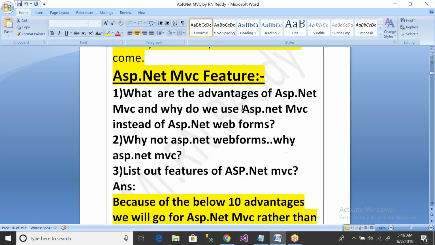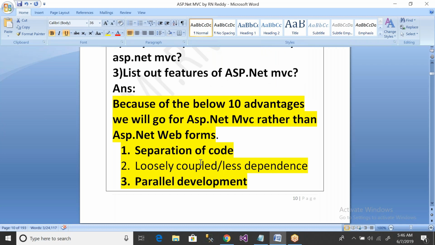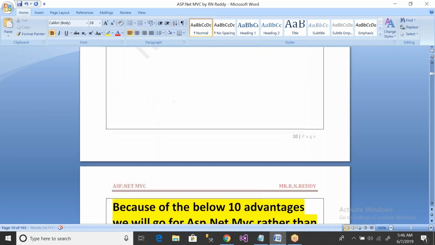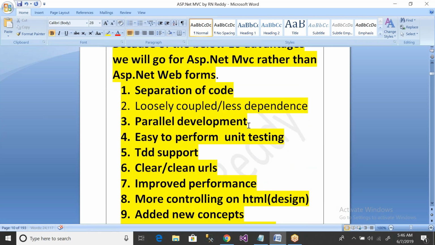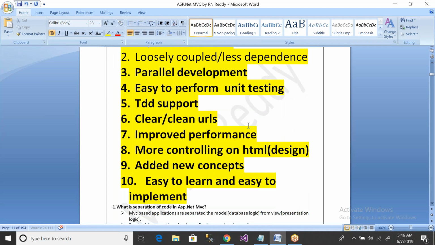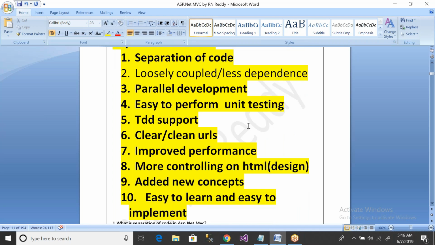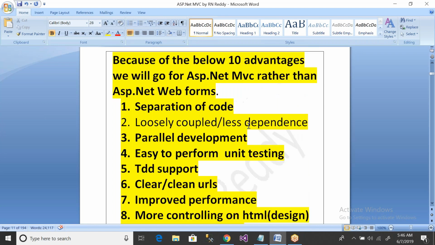Today we are going to discuss ASP.NET features, MVC features. Already we discussed yesterday about this as 10 points. So does anybody remember the advantages of ASP.NET MVC, or features of MVC, the 10 points? We had just understood the titles yesterday. Today we are going to discuss one by one, point by point, clearly. Can anybody recall the 10 points?